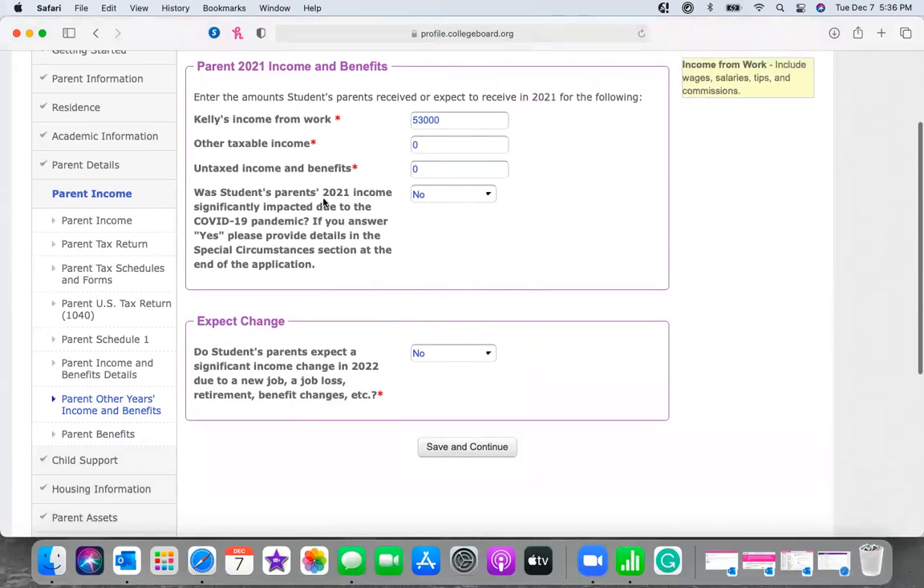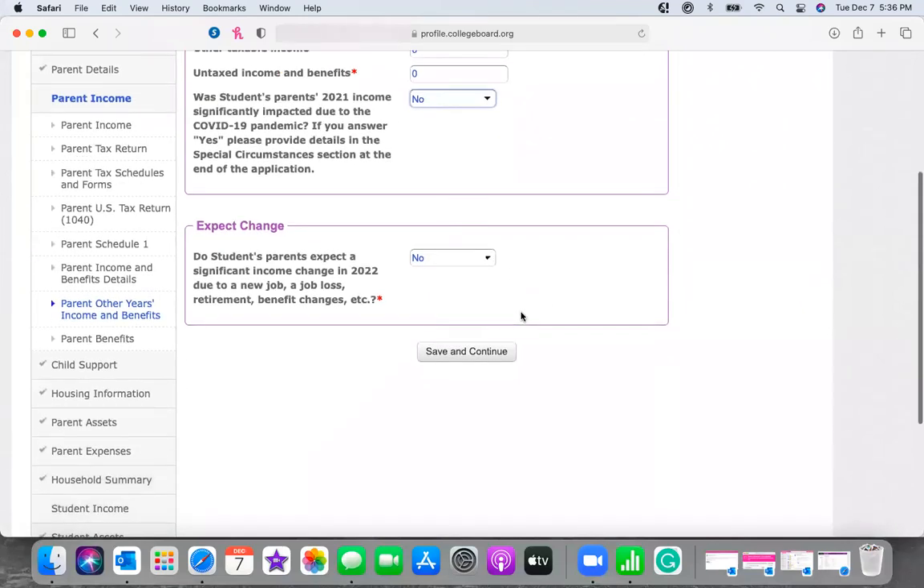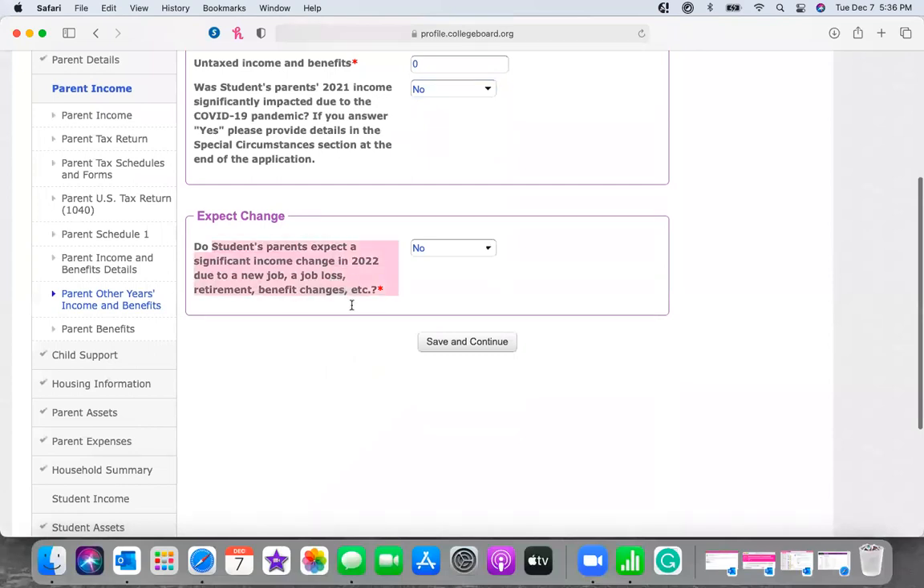And it will also, this is new, so they'll say, okay, was the parents' 2021 income significantly impacted due to COVID-19 pandemic? So I would say if your income decreased by at least 7%, then the answer to that would be yes. And you would list that there. Later on, you'll have a special circumstance box where you can put an explanation in there. Do students' parents expect to have significant income changes in 2022? And you could list that yes or no,